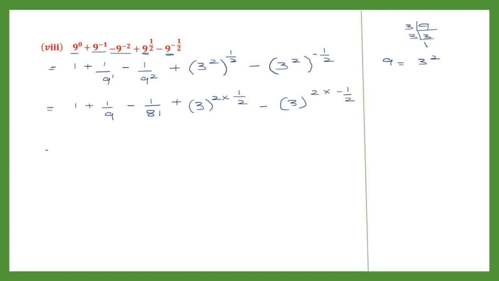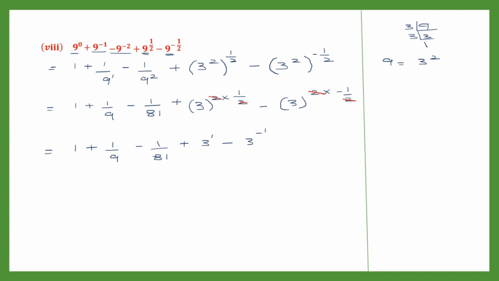So here let's continue. Now here this is 1 plus 1 by 9 minus 1 by 81 plus, now here this 2 and this 2 gets cancelled. That's why we changed this 9 that we have here into the power form like this, so that we can cancel. So this has got cancelled. So now what is left is just 1. Similarly here also 2 gets cancelled and we have minus 1. So now this becomes 3 raised to the power of 1 and this is minus 3 raised to the